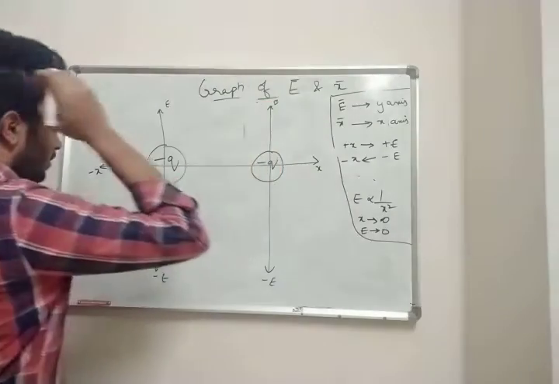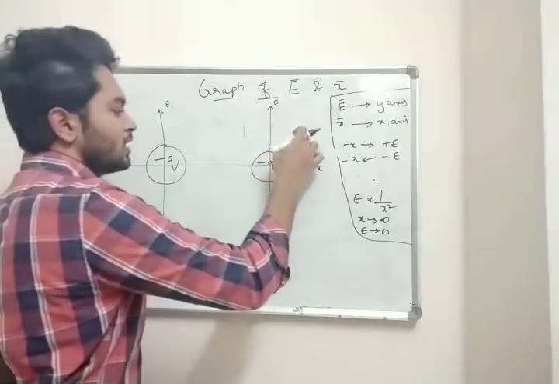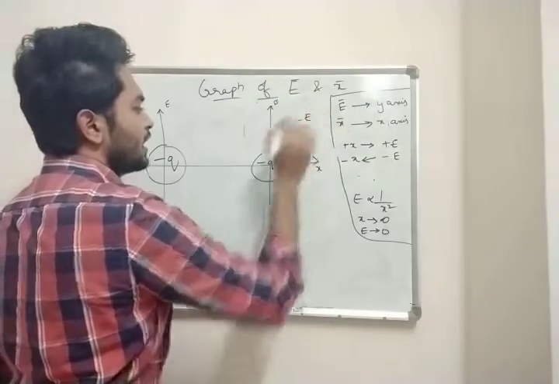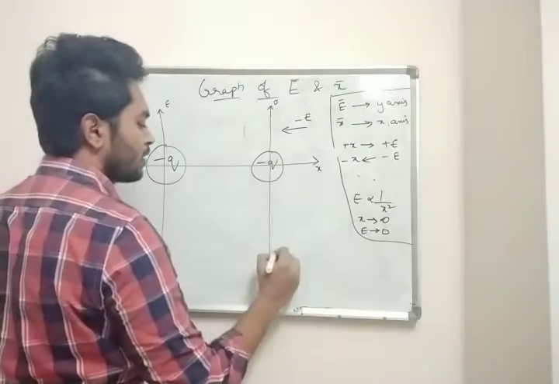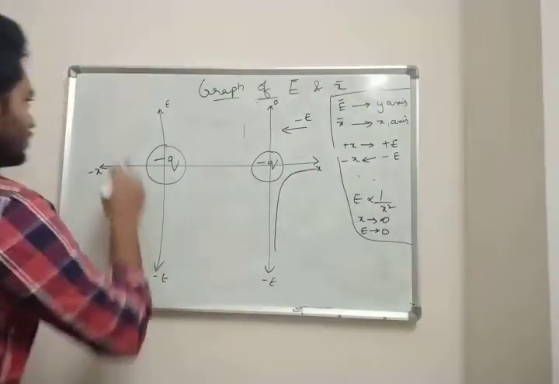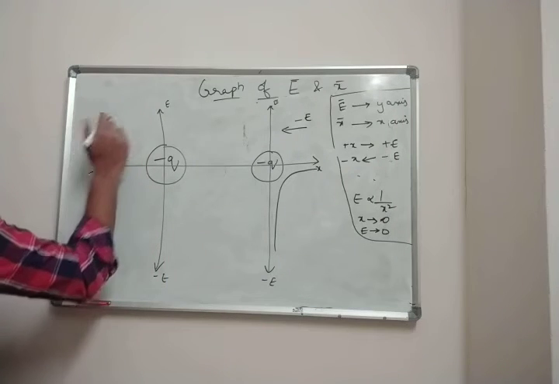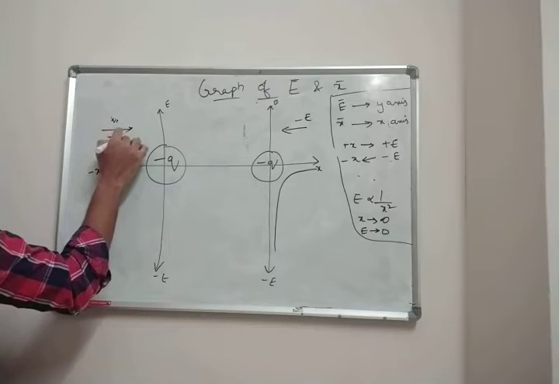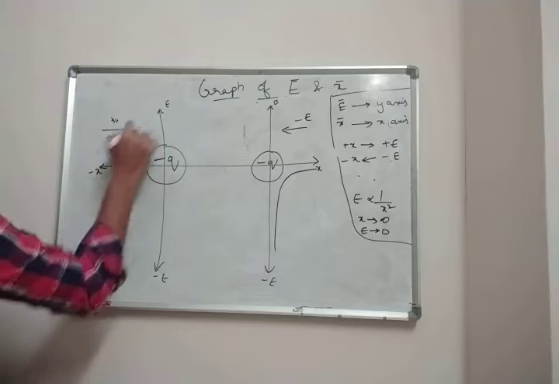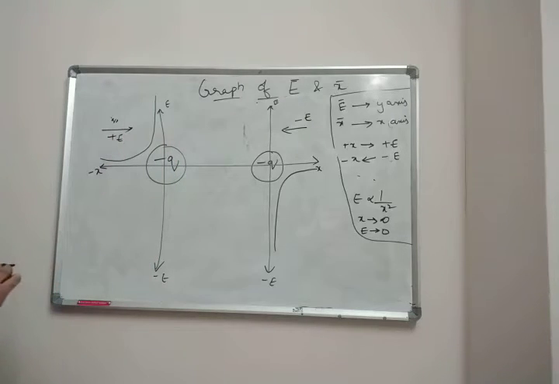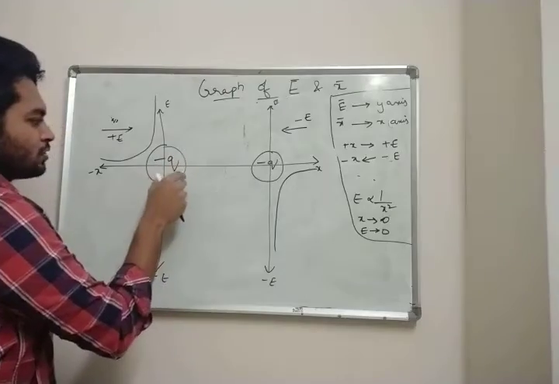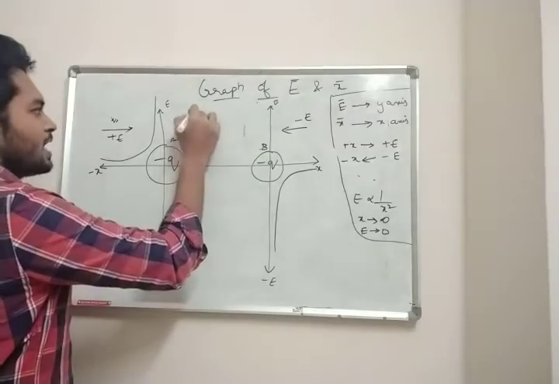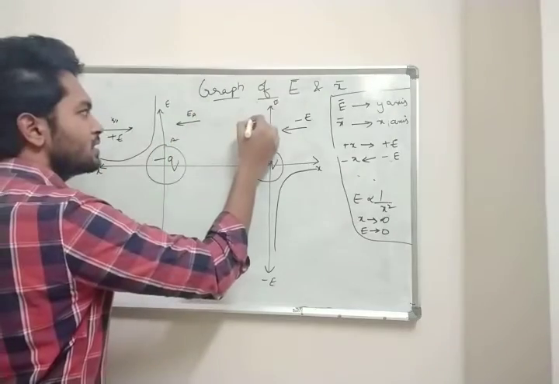This is E. Now if I place a test charge here, it will attract. So this left side direction is negative E. So how will the graph be? Like this. If I place a test charge Q naught here, it is positive, so it is going to attract. So this is positive E, towards the right side I have taken it positive. So your electric field will be like this. Clear? Now due to this electric field, this is A and B. EA is in the left side direction, EB is in the right side direction.